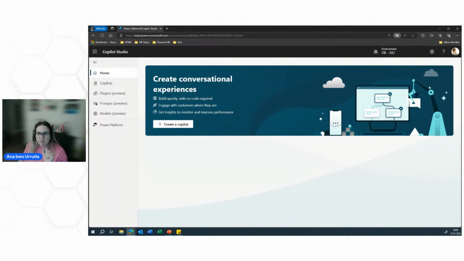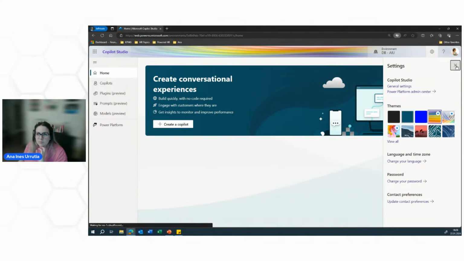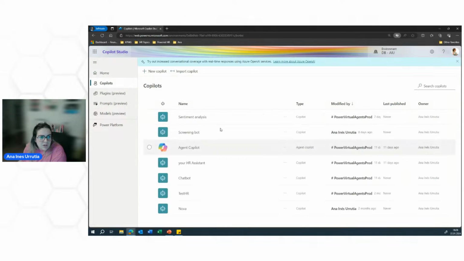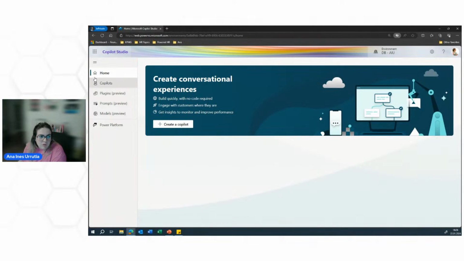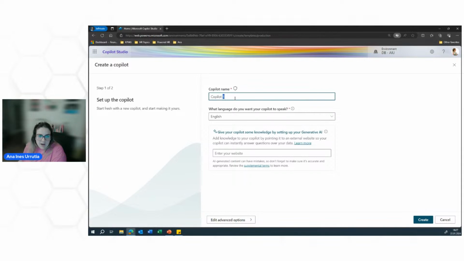Okay, and then we have the basic things like themes. Let's just give it a little more color. We can go here, or we can go to Copilots, and here the Copilot will retrieve the list of our Copilots. What I will do is go from the home page and create a new Copilot. Here I will put this